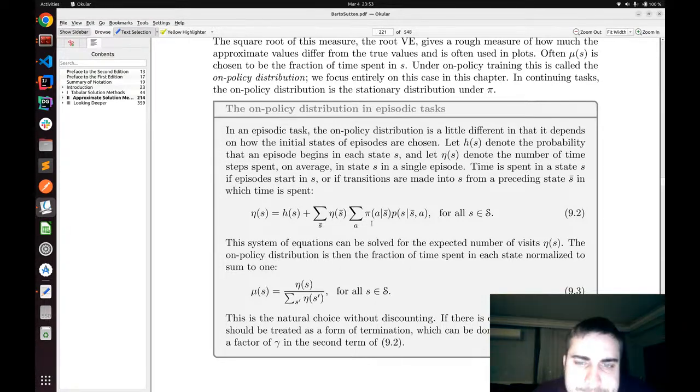All of those actions, the probability of taking that action and the probability of, upon taking that action, transitioning into that state, multiplied by